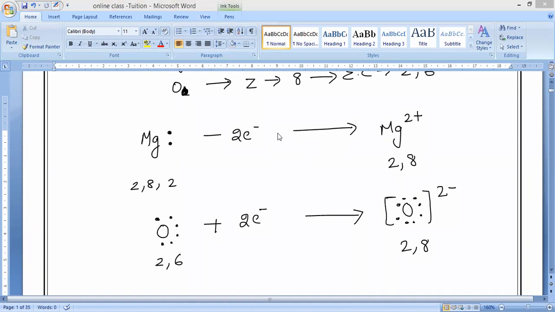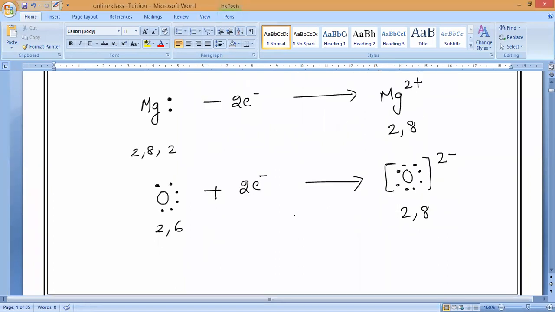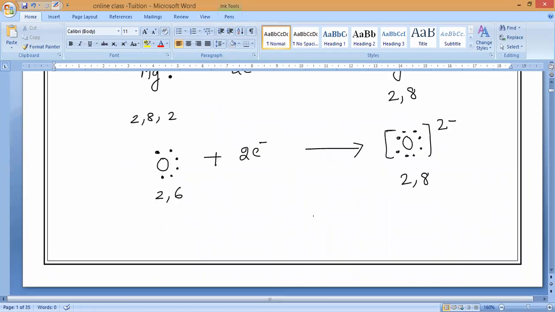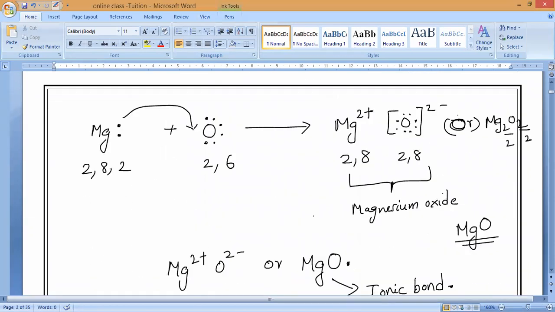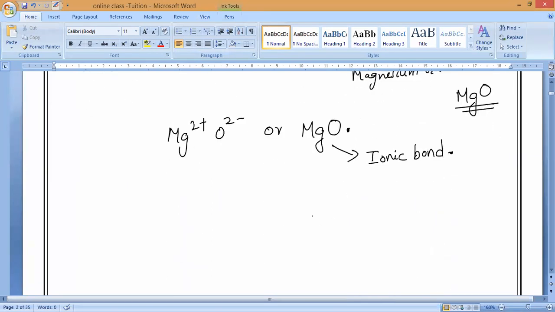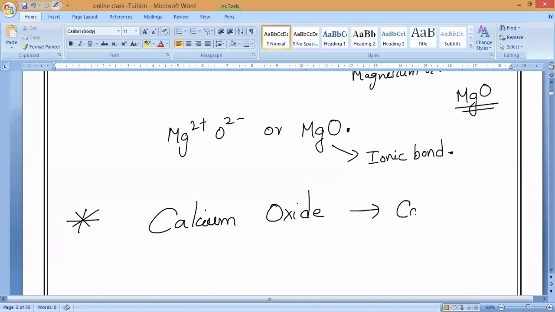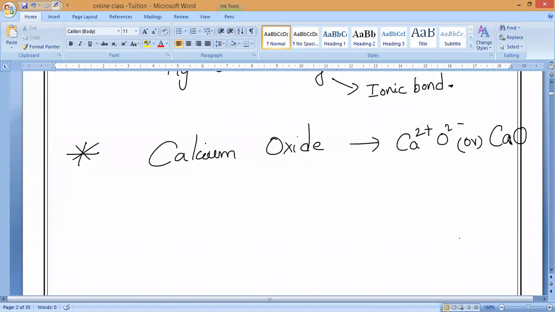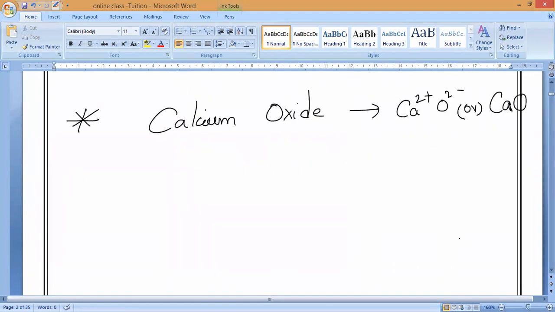Yes, sir. Okay. So now you yourselves write calcium oxide. I will give it; after this, you should write calcium oxide. Next example, calcium oxide. As we know, what is the formula of calcium oxide? CaO. The formula is actually Ca2+ O2-, or else we can write CaO, same as Ca2O2. So now everybody write calcium oxide. Individually take it first and later write.